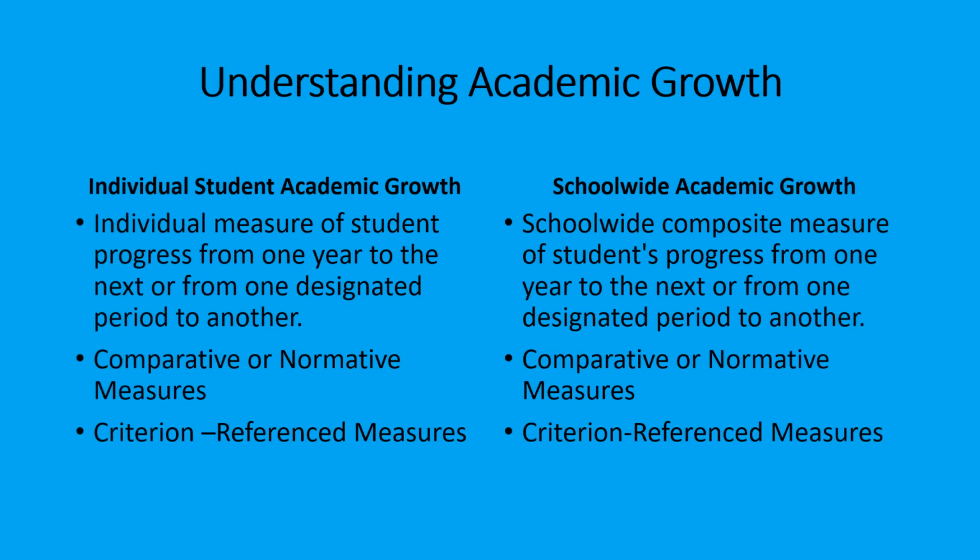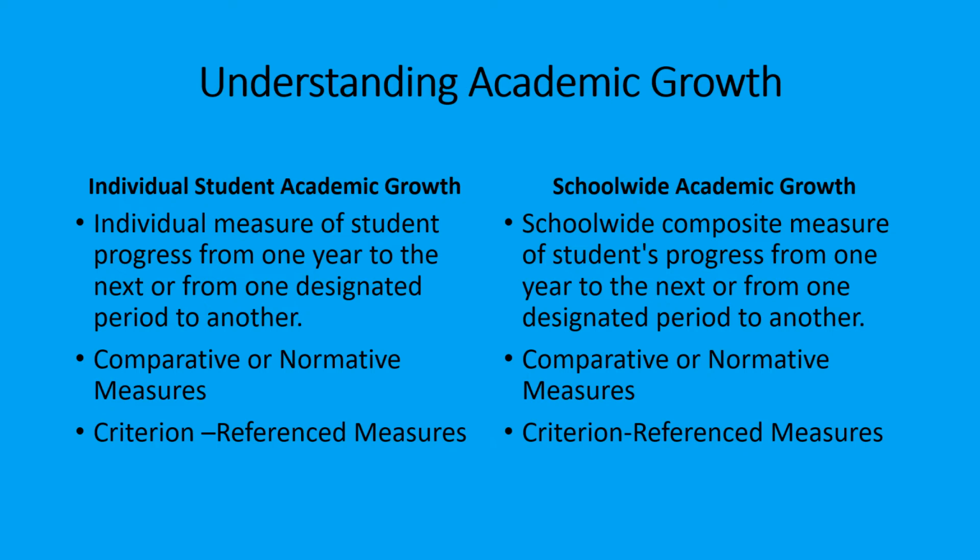An example of individual student academic growth may be that a student scored 40% proficient in the 2022 school year, but only scored 35% proficient in the 2023 school year. The loss of 5 percentage points would be negative growth and would mean the student did not make expected growth. And if this was the composite score for the whole school, it would mean that the school did not make